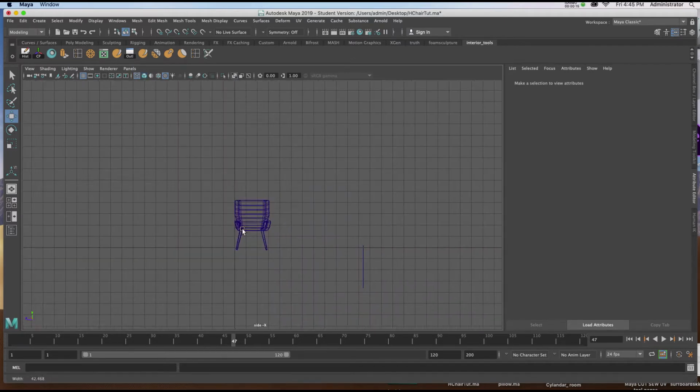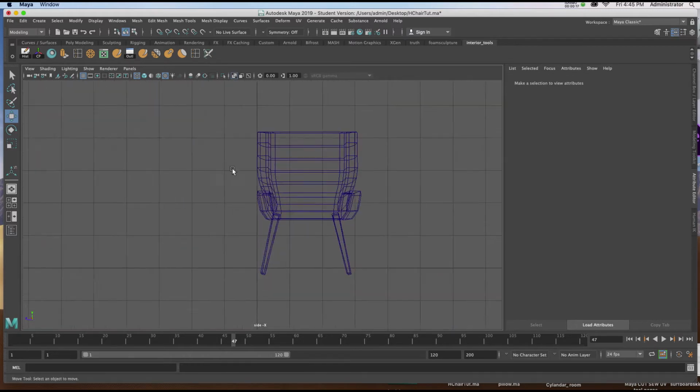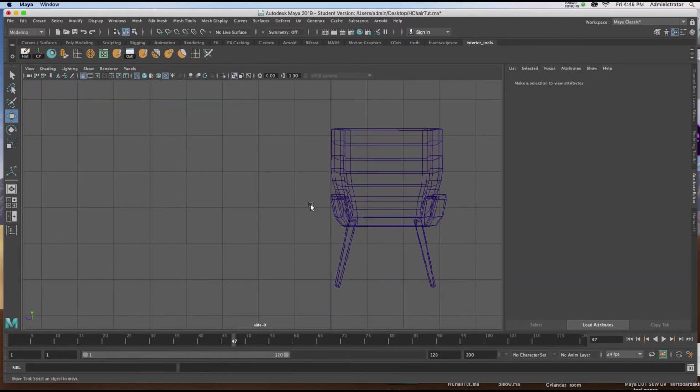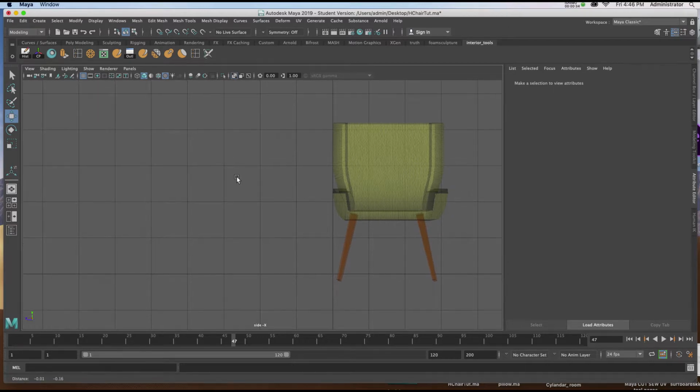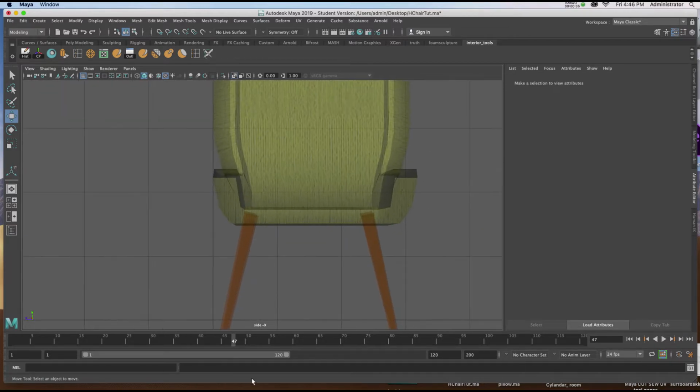I'm going to go to my front view of the chair and I'll hit 5 on the keyboard. And I've got it set for ghost, which means inside my viewport I've clicked on those two little interlocking white boxes. And if we do that, we can kind of see through to the structure of it. Now if we take a look, this elongated U shape is where we want to begin when we make our